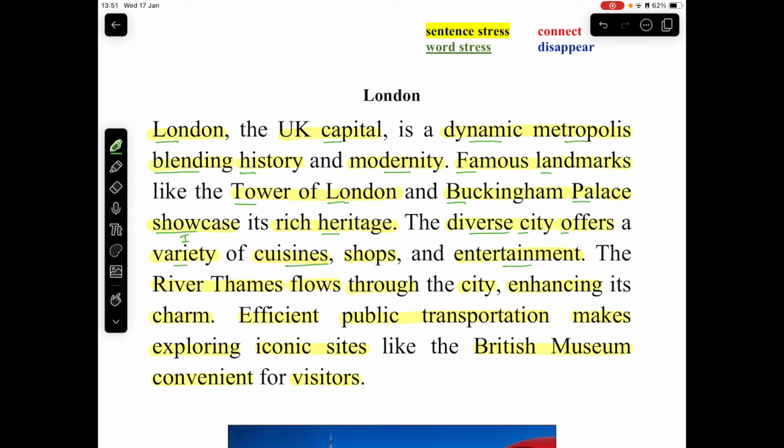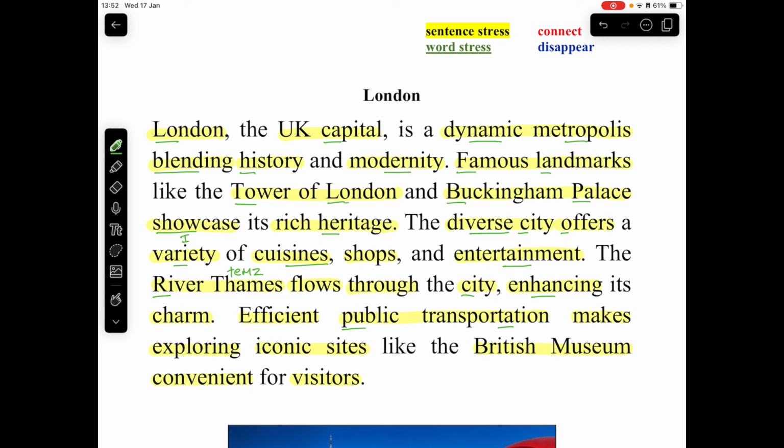The river Thames. Now, I want you to be careful here. This is pronounced T-E-M-Z, Thames, okay? It's not Thames. Many people might say the TH is a th sound, but it's actually pronounced Thames. Flows through the city, enhancing its charm. Efficient public transportation